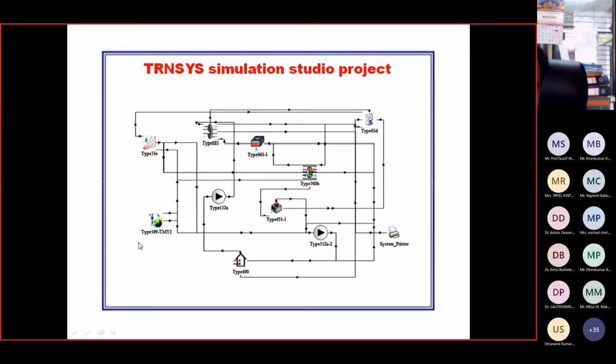The ambient file is used to collect the data for a particular place on the earth, because on earth we have various weather stations. For a particular day, hour, minute and second, we have the data available as the TMY file. So for a particular place, you can simulate the system, and the rest of the psychrometric calculation can be called from Type 33. Some computer and printer will enable you to achieve your results in a printable format. Some fans are to be provided before and after for the circulation of the reactivation and process layer.